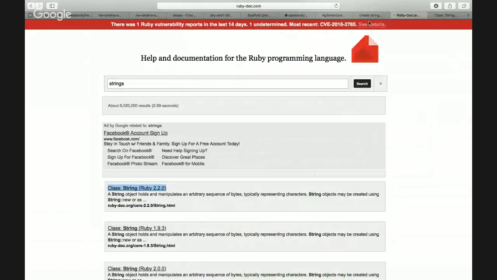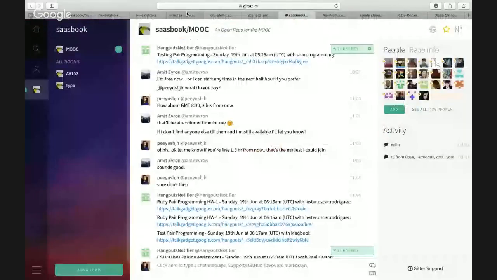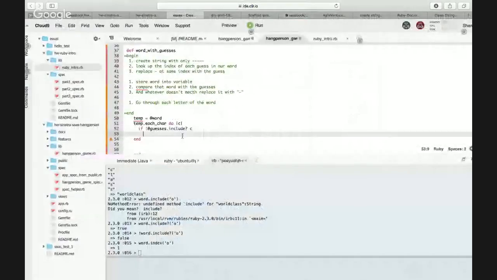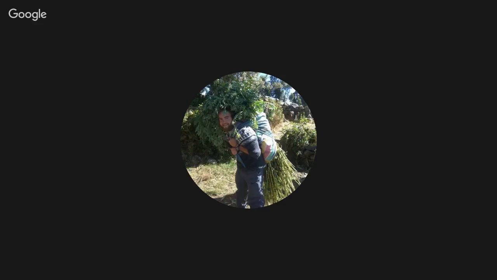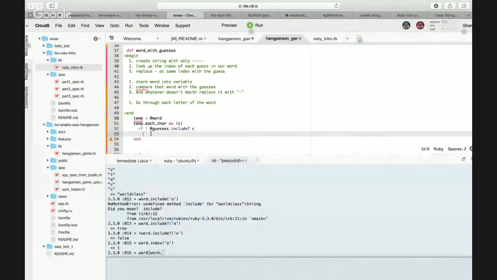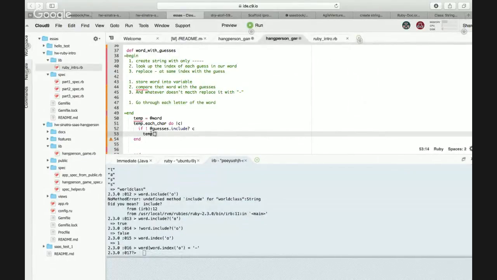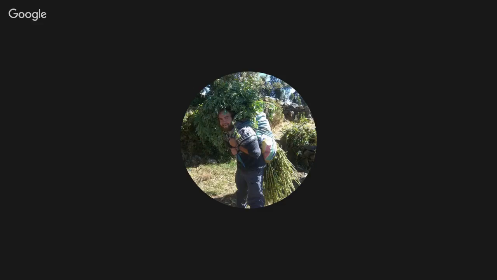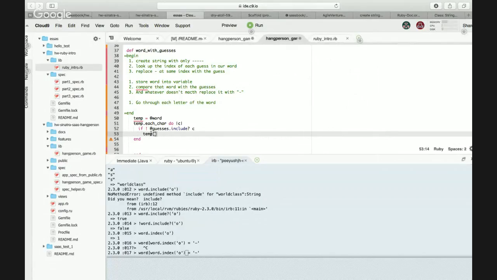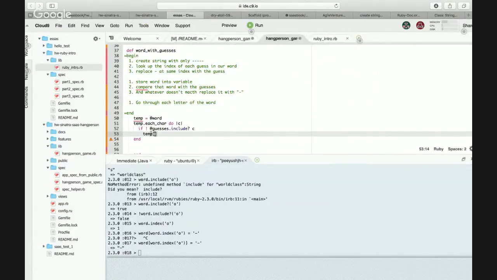You could just reference the index of that character and say it equals dash. Yeah, we could do that. So we require the index of that character. We have each character, so to get the index of it.